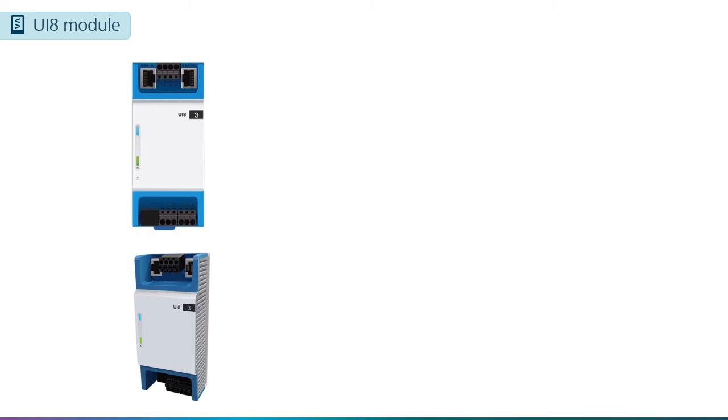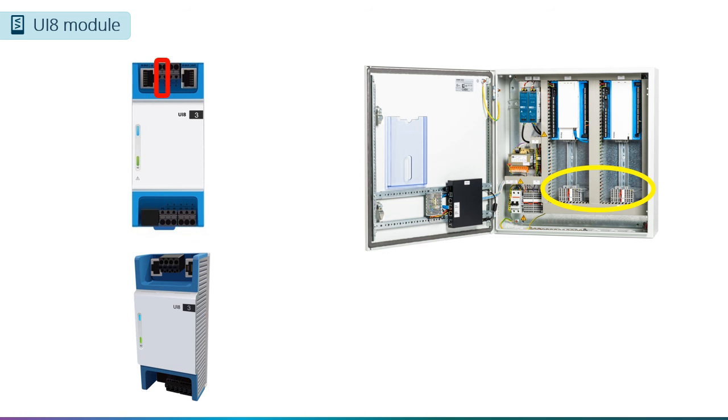Let's start with the UI8 modules. As the name suggests, this module has 8 universal inputs. These inputs are identical to the inputs on the CMX34 that we already described. Remember how I talked earlier about connecting the field grounds when we discussed the CMX34? If you install UI8 modules in your panel, you will also need to connect the field grounds to the terminals